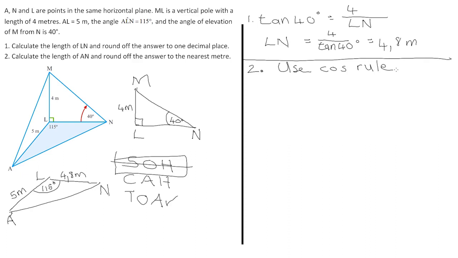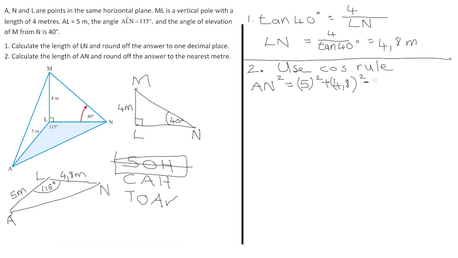So let's start. We're focusing on this triangle, so I don't need to rewrite triangle ALN. I'm just going to start straight away. What does the cosine rule entail? You will find the cosine rule on your formula sheet, formula number 18. The side that I want, AN squared, is equal to the sum of those 2 sides squared, which is 5 squared plus the other side, 4.8 squared,